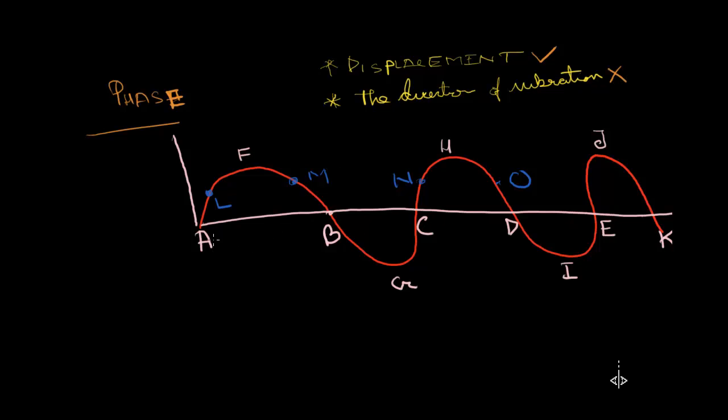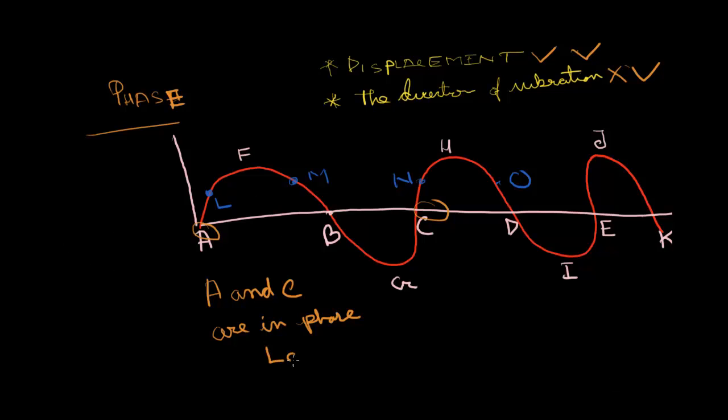Now let us compare A with C. In A the displacement is 0, in C the displacement is 0, but at A the particle is going up and at C the particle is again going up, so the direction of vibration is same for both. That means both the direction of vibration and the displacement are same, so we have both the criteria fulfilled. We say A and C are in phase,